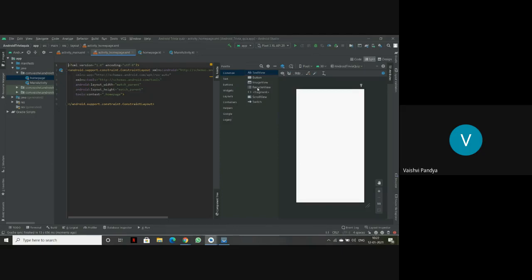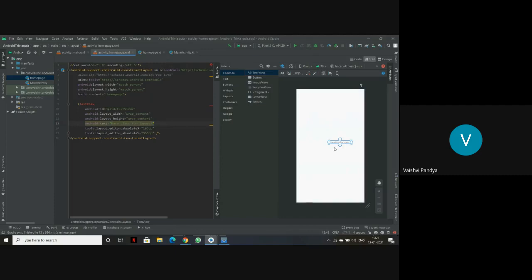So let's start with a text view again. Here in the text view, let's write a question, such as the base class for layout. As we are making an Android trivia quiz app, what is this app? There is a question and there are 4 options, and someone has to answer the question, and we'll have to submit. So for that we'll need a question. I'm just writing any question like what is the base class for layout, and I'll have to constrain it again.